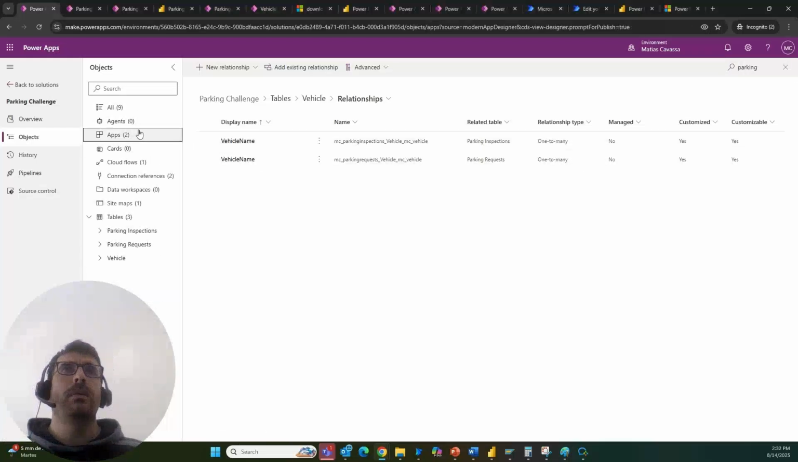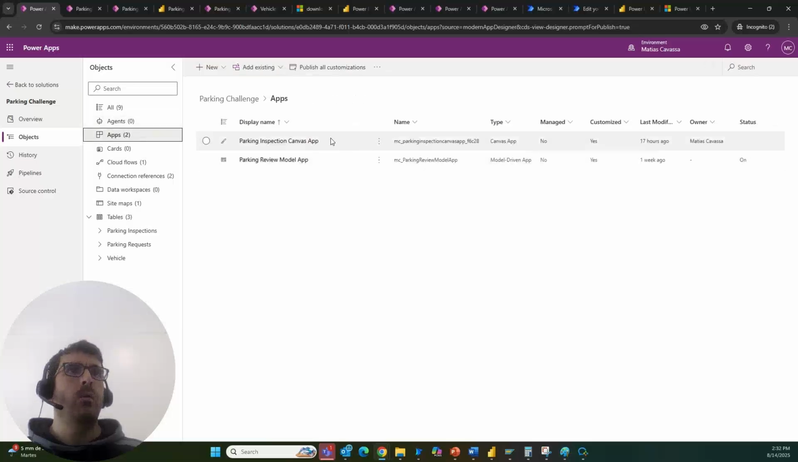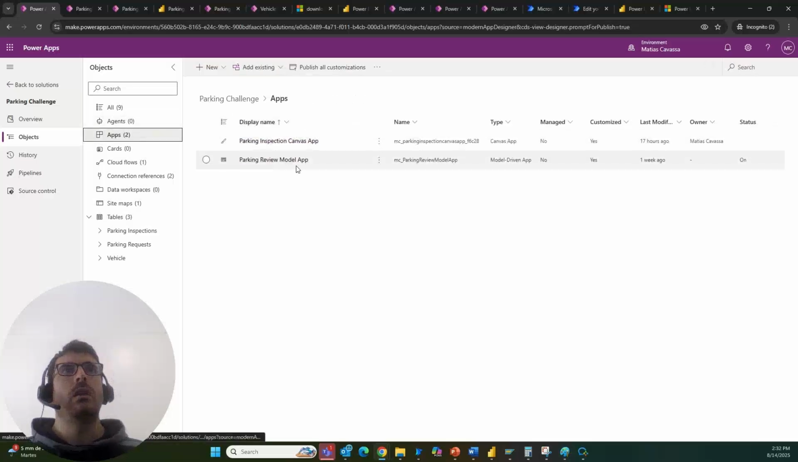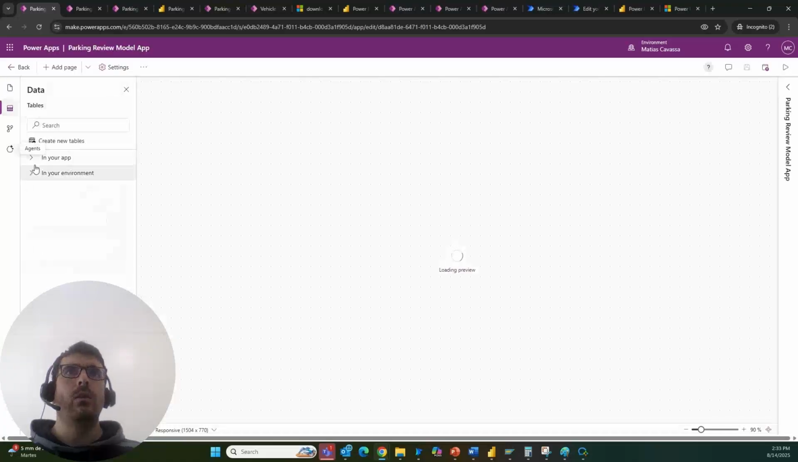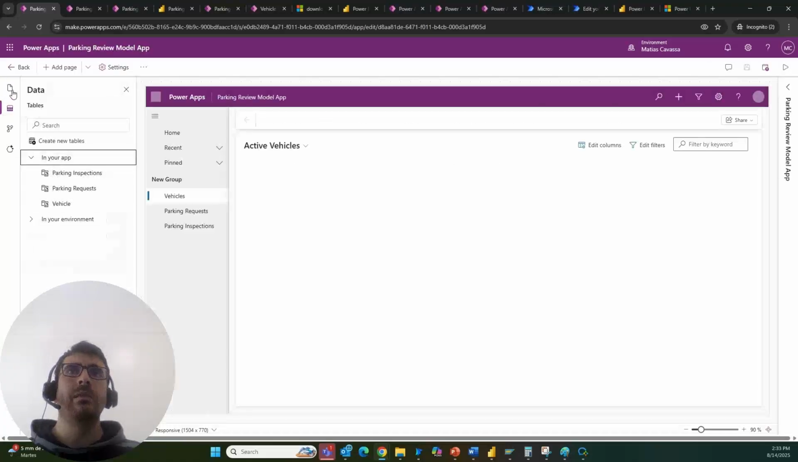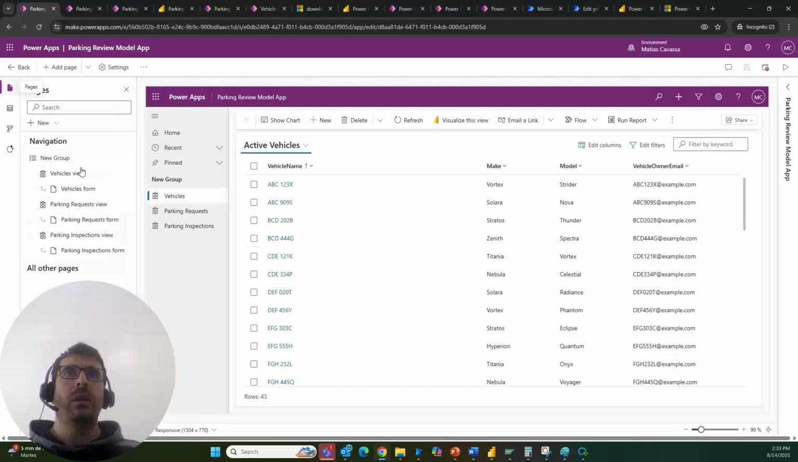Now pivoting to the apps, we have both apps we were requested to create. In this case, the model-driven app. I'm going to get into it, and we can see all the data here by picking data. We can see all the data related to our app, in this case our three database tables. Going back to our pages, we can see the three pages we have created for our model-driven app, including our